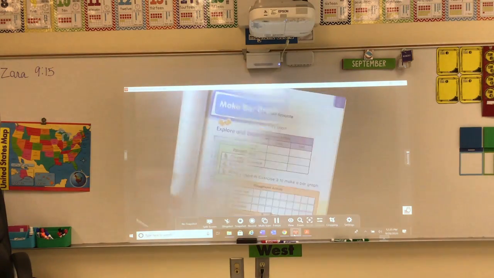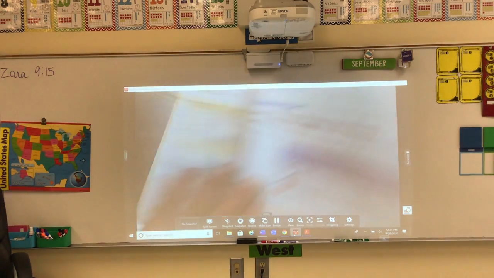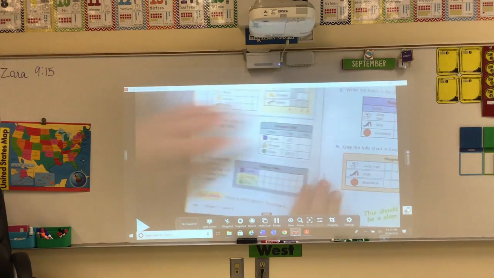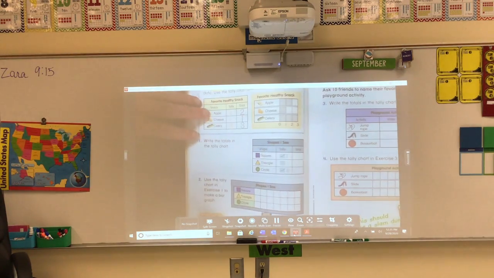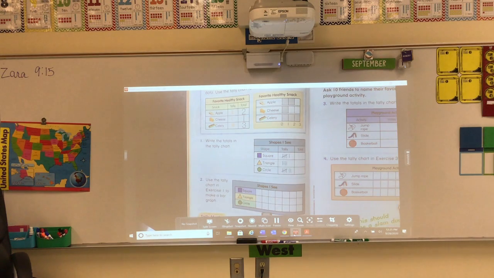All right, let's go ahead and let's make a bar graph together, which means you need to turn your packet onto page 536. Please do that right now. Turn it over. Okay? So that means, look, fold it over. There you go. Perfect. All right. Here we go. It says